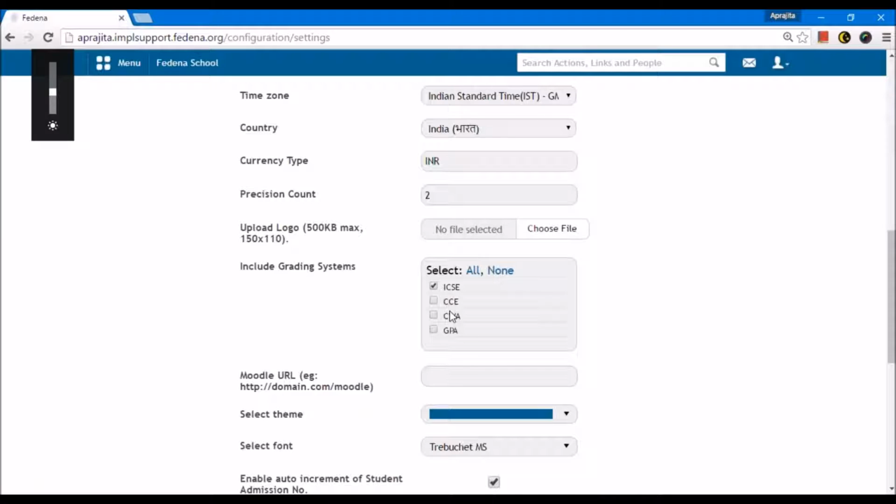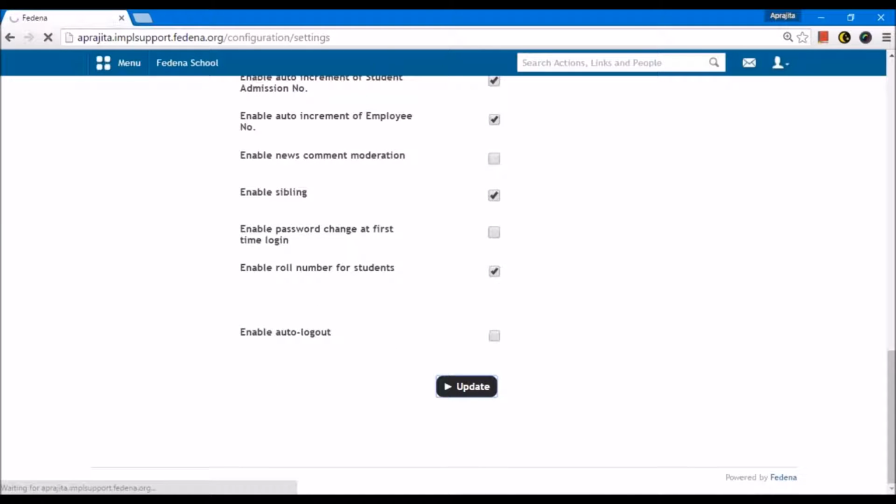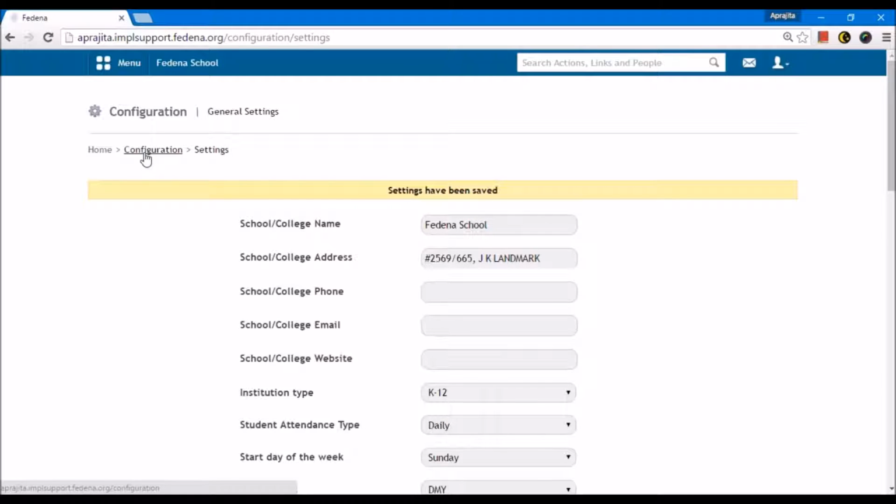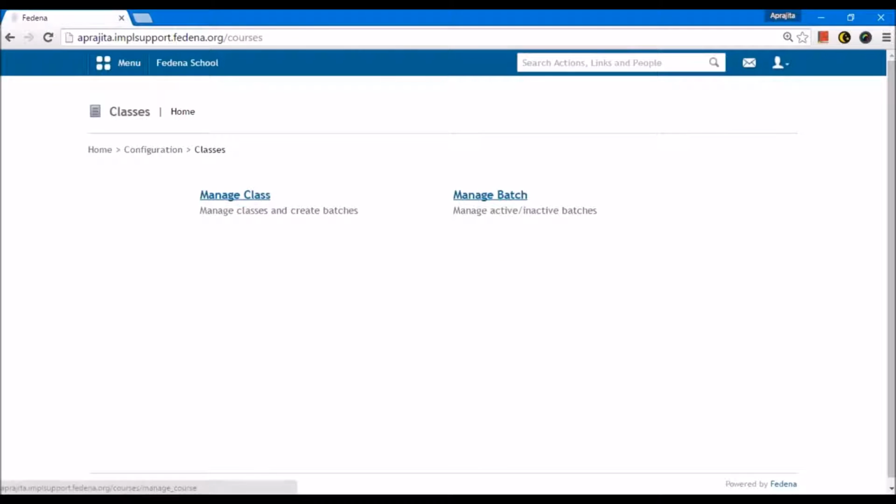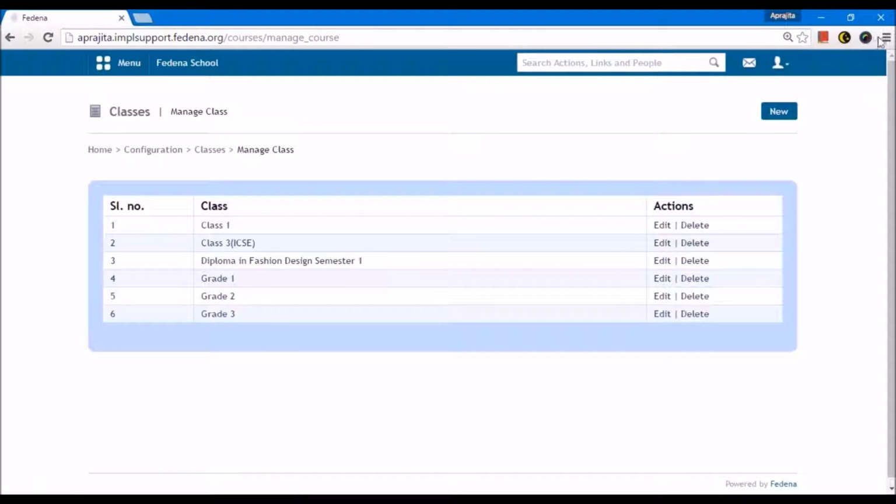For example, I may have school starting kindergarten 1 going till grade 10. Kindergarten 1 and kindergarten 2 may follow normal grading system. In that case, I do not have to select anything here. But grade 1 to grade 10 may follow GPA. In that case, I will select GPA and normal grading pattern will by default be there. You will also note when I update this setting and when I create a course, it will allow me to select from normal grading system or GPA because that is what I have selected in the general settings.